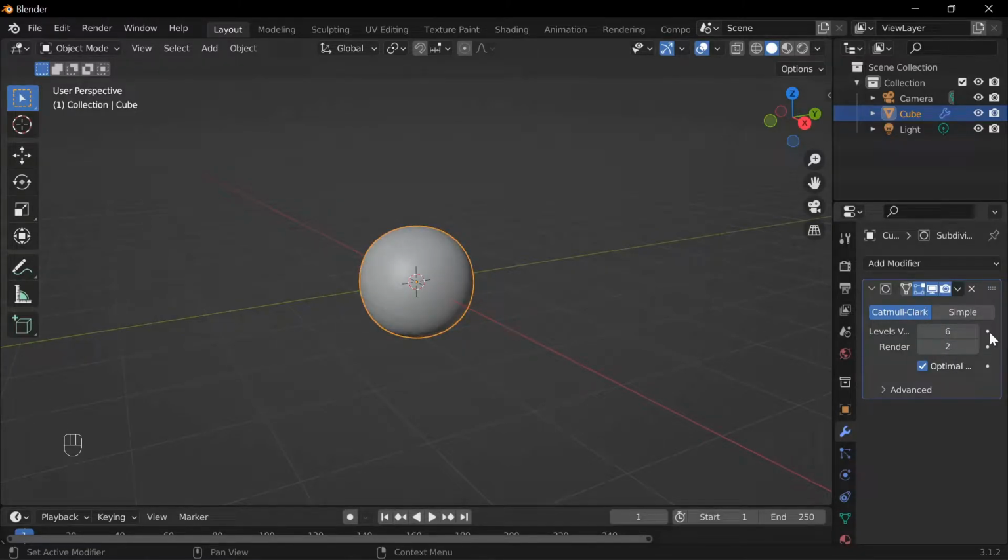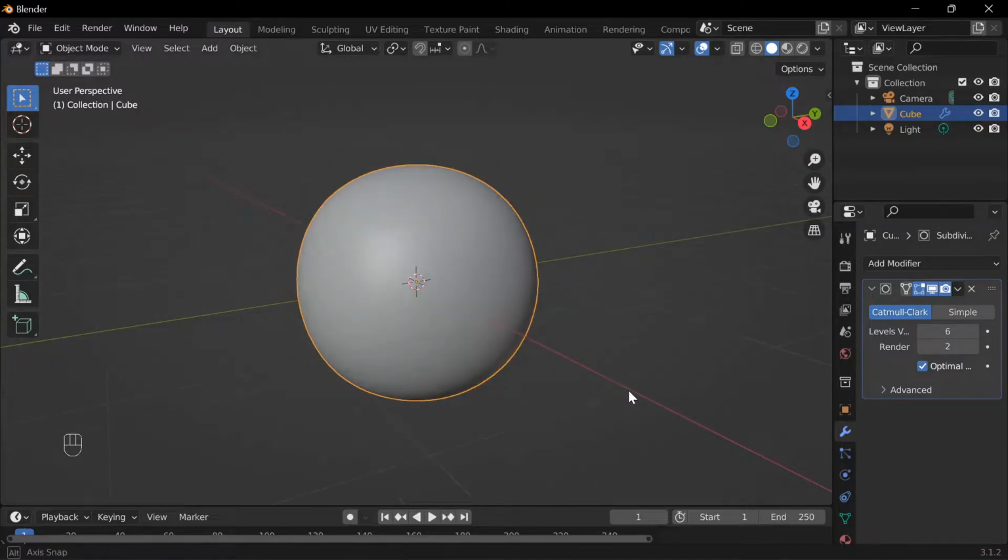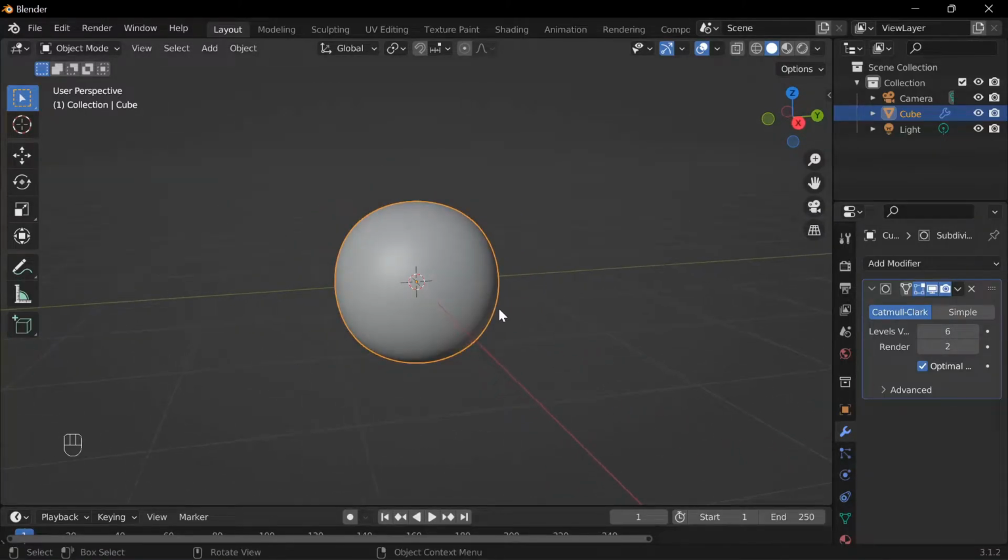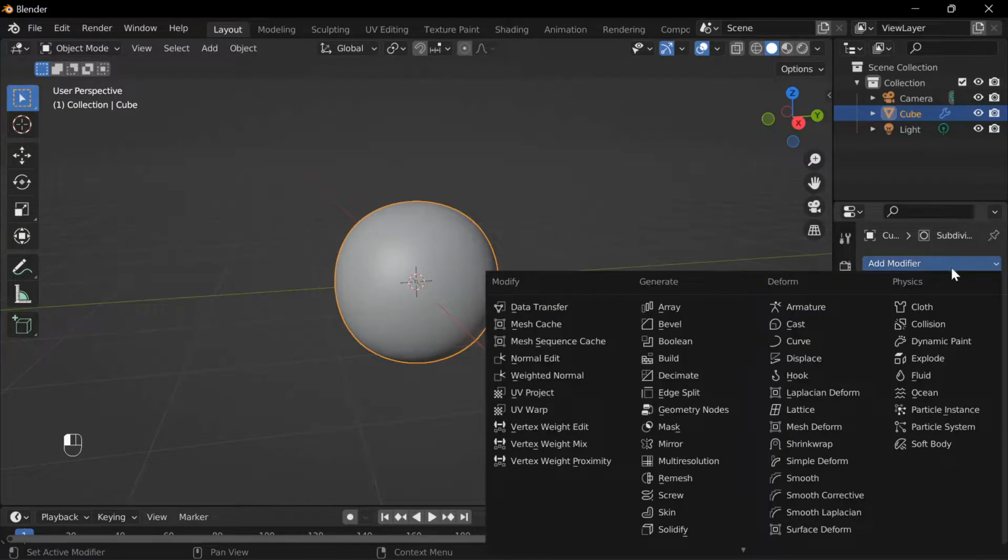You can increase it, but I'm increasing it up to 6, because if you press Control 5 it will only go up to 5, but I'm gonna do 6. So now you're gonna see that the surface is subdivided. Then we're gonna add a deform modifier, a displace modifier,